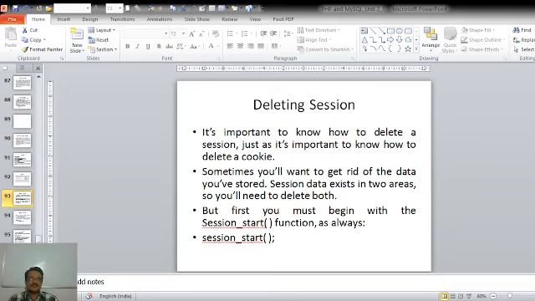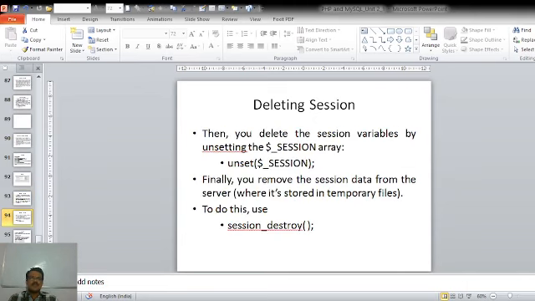Then we delete the session variable by unsetting the $_SESSION array. It means that we are deleting the $_SESSION array. So once we delete the $_SESSION array, all the values that were stored from the session in this array will be deleted. And finally, we remove the session data from the server, where it is stored in the form of temporary files.